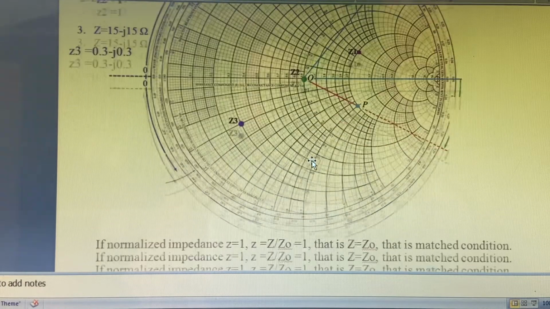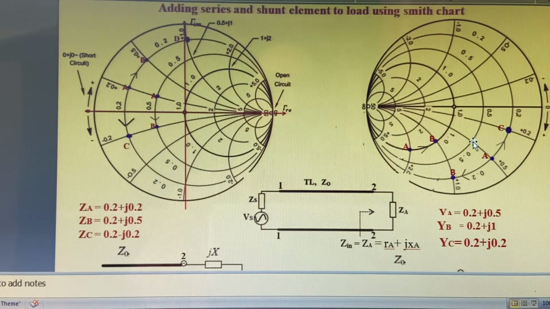Similar to this, on the Smith chart, the ZY chart, conductance circles are also there, as shown in this figure. As we saw in the earlier sections, there are conductance circles like this on the Smith chart, and the value of conductance is written here. For example, this is a conductance circle with a value equal to 0.2. Similarly, this is a conductance circle with a value equal to 0.5. If you move over this conductance circle, the value of conductance remains the same, that is 0.5.